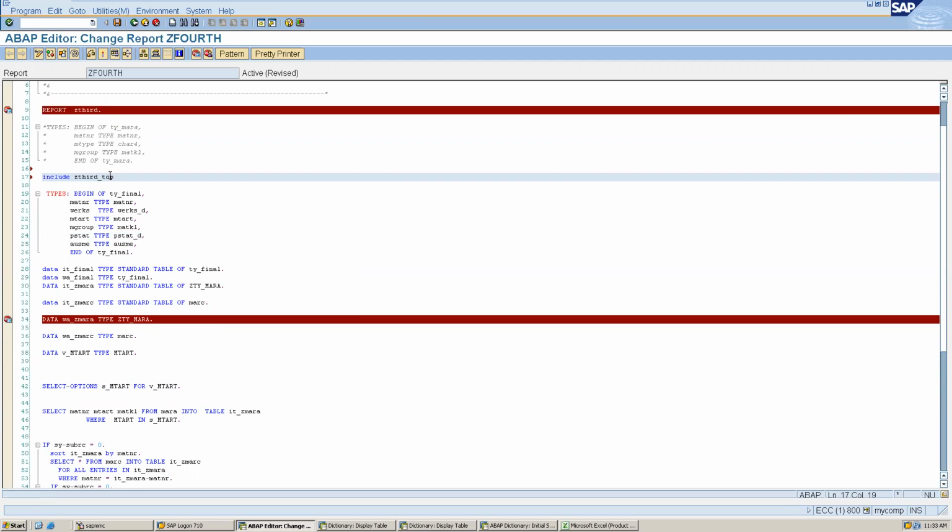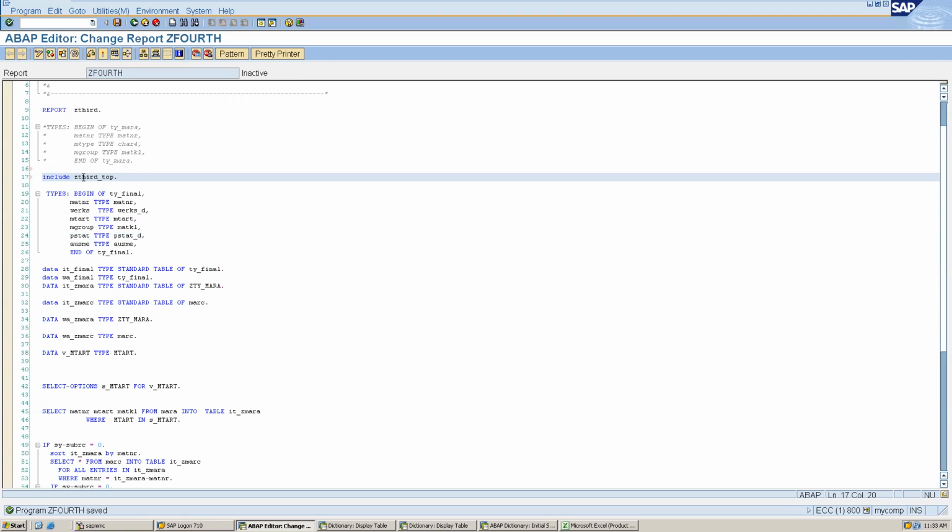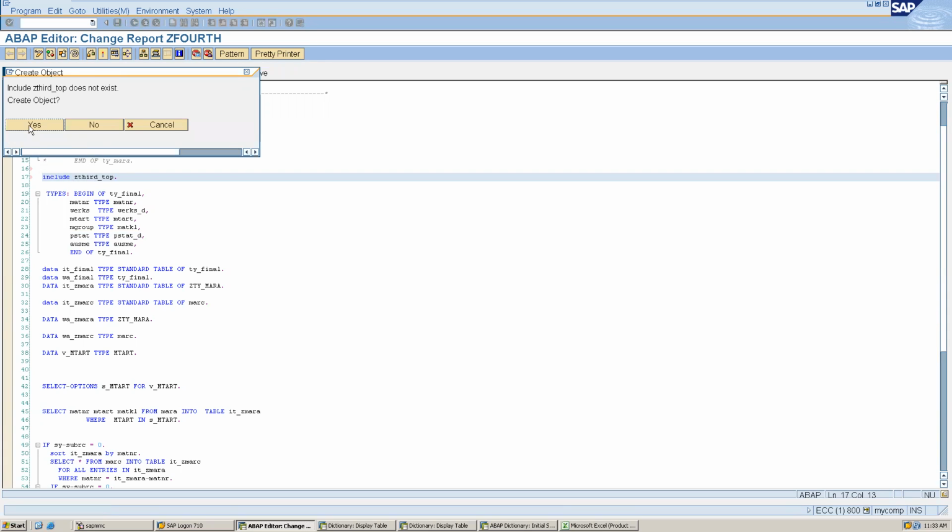So this is our top include. If I save it, so this we have not created, right? So either we can create it from SE38 or we can create it by double clicking here.